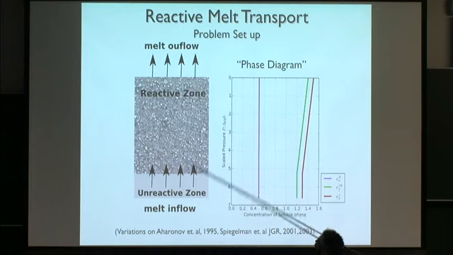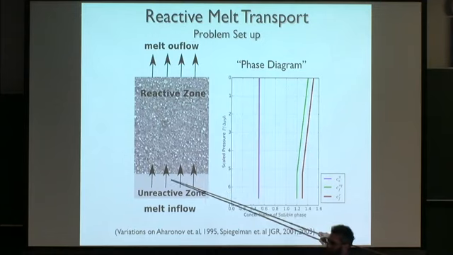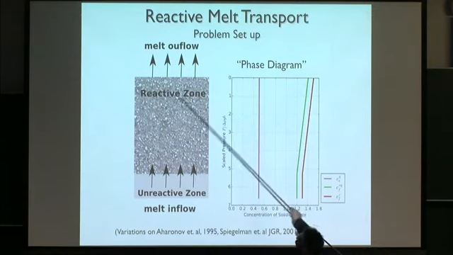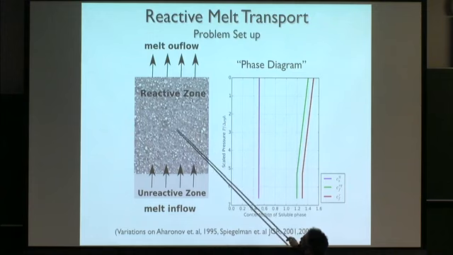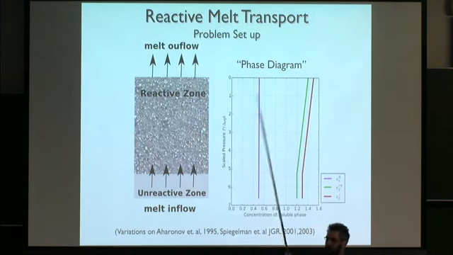Here's the idea. I'm going to have a nominally static solid. I'm going to flux it with a reactive melt. I'm not going to allow any reaction in the bottom, just to keep things away from that bottom boundary condition. But I'm going to have a reactive zone. And the reaction that's going to go on in here is a very simplified dissolution reaction trying to mimic